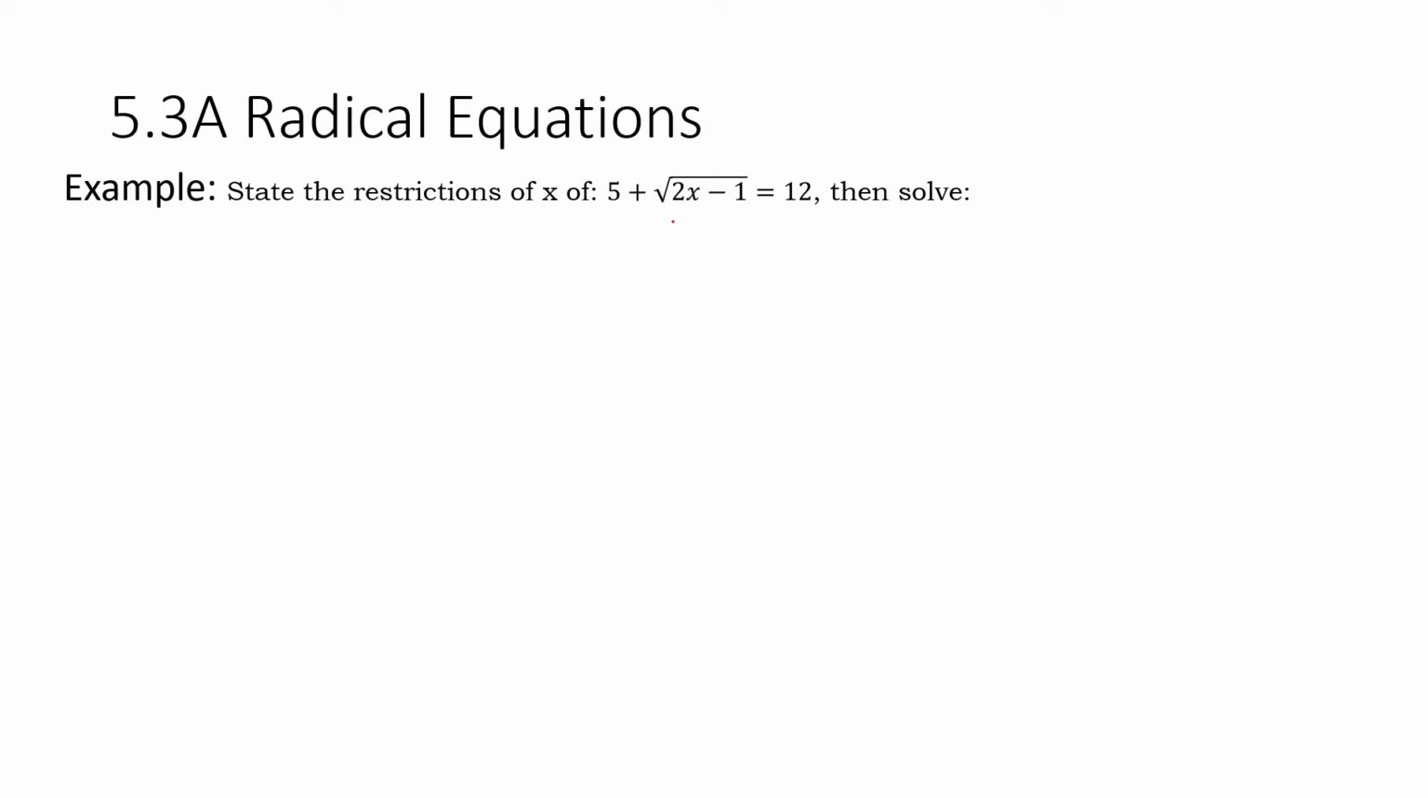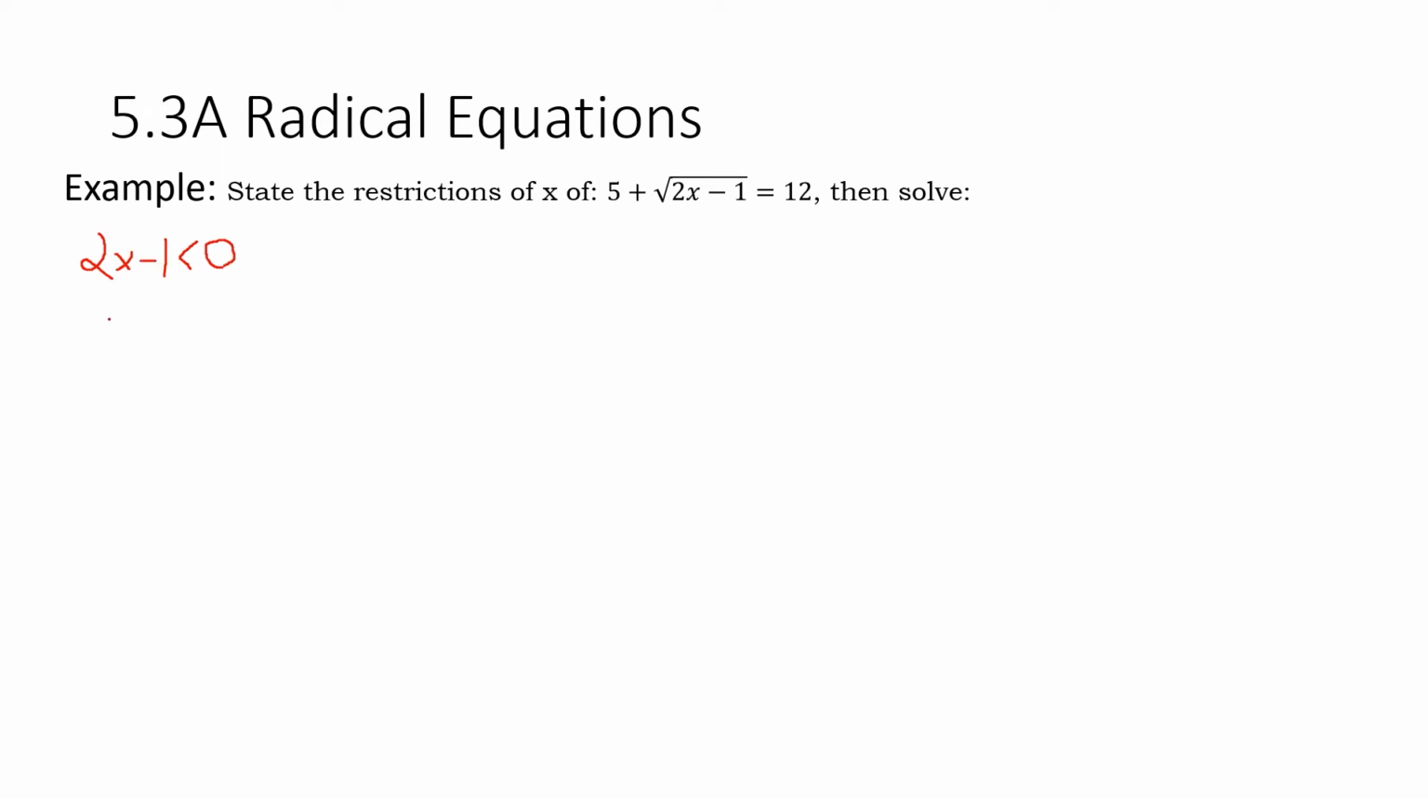So here's a radical equation. We need to state the restrictions of x for this first, and then we're going to solve for x. We know that underneath here, it can't be less than 0, because if it's less than 0, then you're doing a square root of a negative number, and we know that is an imaginary number. So to find out what doesn't work under there, first we need to find out what would make that less than 0. So you solve this inequality,